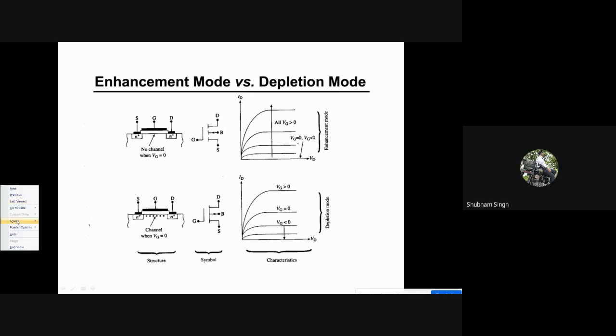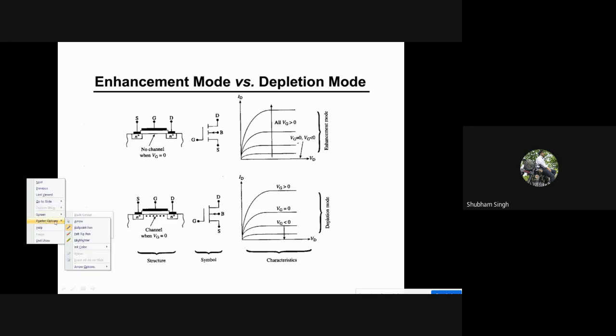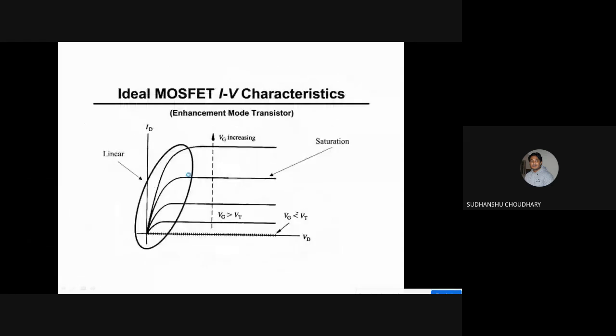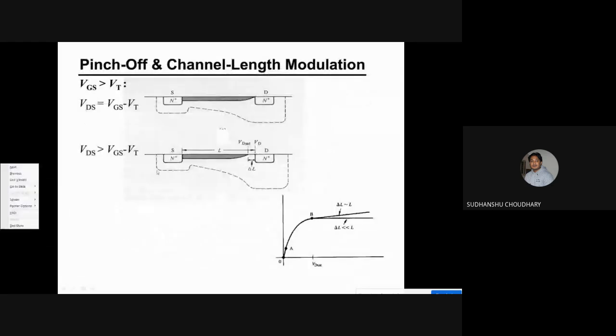Between the channel that forms there and the N+ of the drain, the depletion layer will increase if we make VDS positive, right? Correct. So if you increase VDS, then the depletion region on the drain side will increase, which has been shown over here. If you increase VDS, the depletion region only under the drain side will increase. So that is why the charges from the channel region towards the drain side are reduced, because the depletion charges are increasing over here.